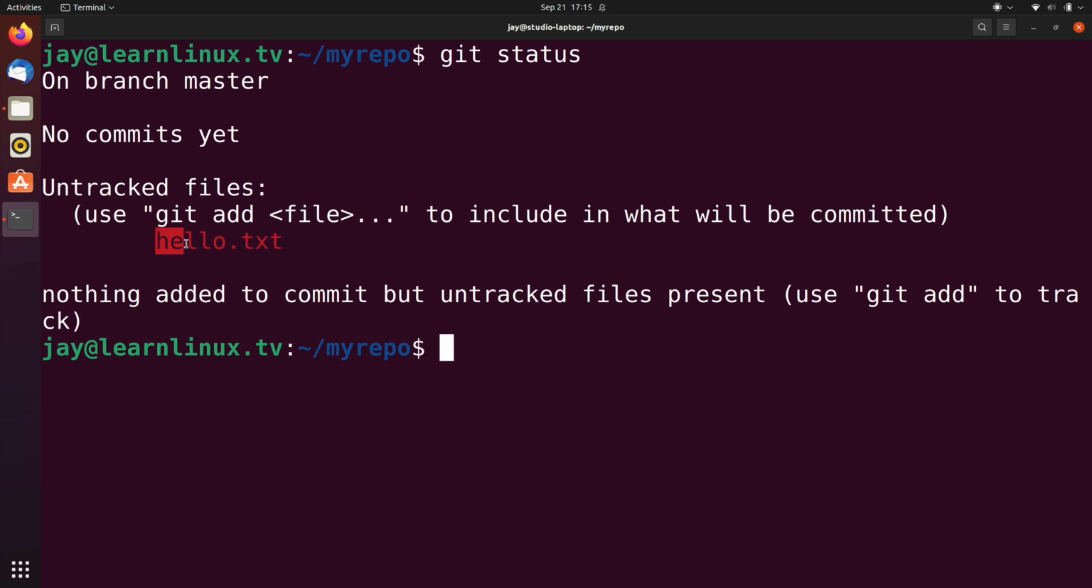Now here, it's actually coloring the hello.txt file in red. You may or may not have colorization on your end, but the most important thing here is that it's actually listing that file underneath untracked files. And the takeaway here is that simply saving a file inside the repository directory doesn't itself make that file a part of the repository. You actually have to tell Git manually that you want a file to be a part